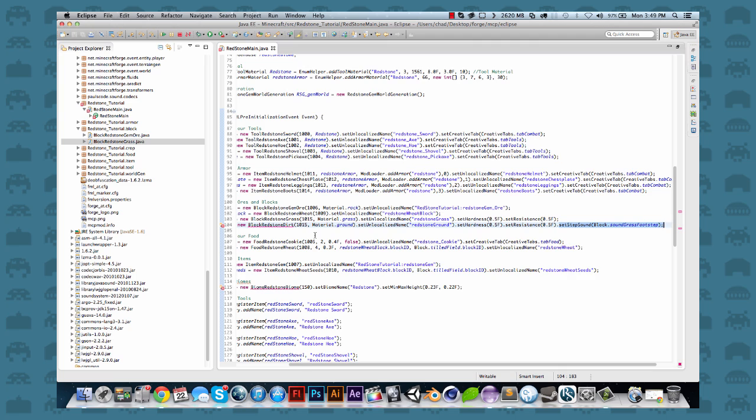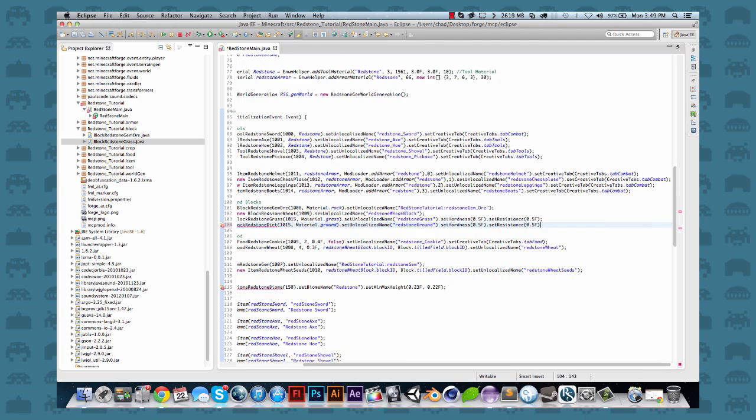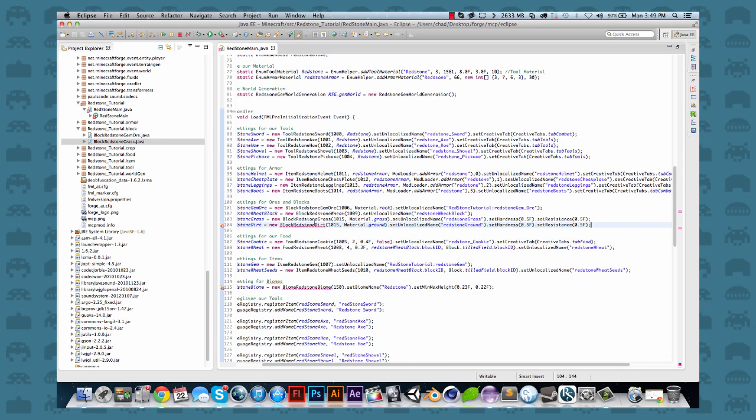We no longer have to deal with the grass block, so I'm going to cut that out. Cut the step sound from our dirt block. And now we're going to